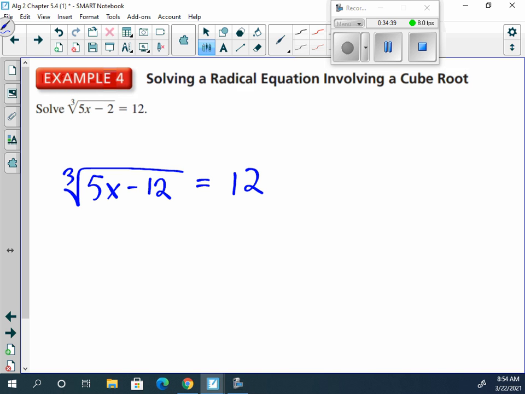Take the nth power of both sides. There's a reason I didn't say square both sides, nth power, because here, squaring a cubed root doesn't work. We can't square it, we have to cube it. So we would cube both sides, because the cubed root and the cube would simplify out, leaving us with 5x minus 12 is equal to